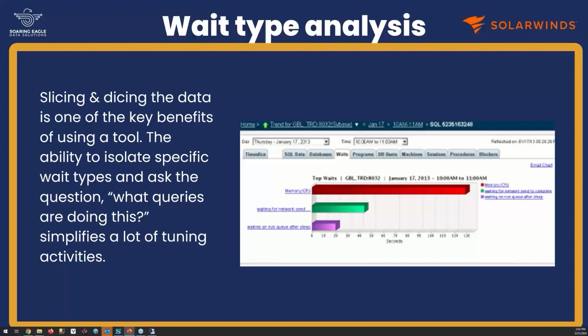Why don't we talk about wait type analysis for a minute? You want to take a whack at this one? Yeah, absolutely. So waits